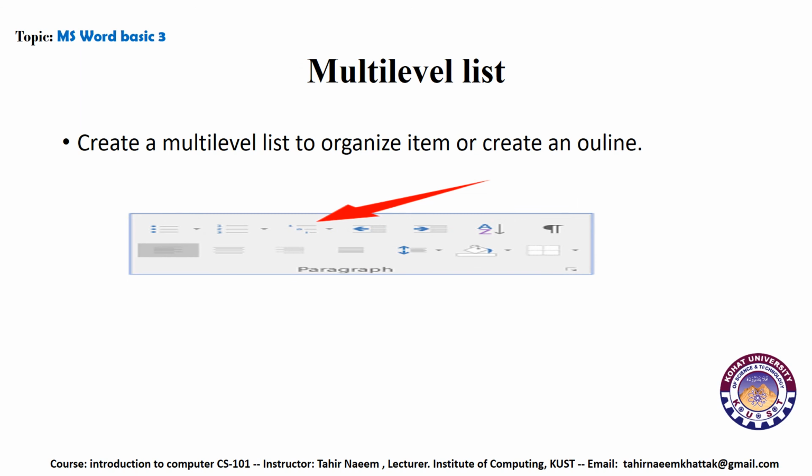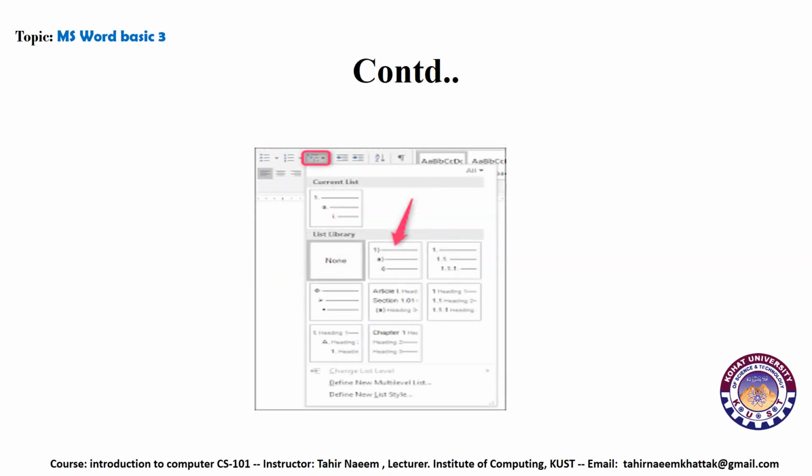Multi-level list. The multi-level list is used to organize items or create an outline. So basically this is the option for multi-level. We click on this. This is the multi-level list. When we click on multi-level list, these different options will appear: 1, 2, 3, none, or 1, A, C, or 1.1,